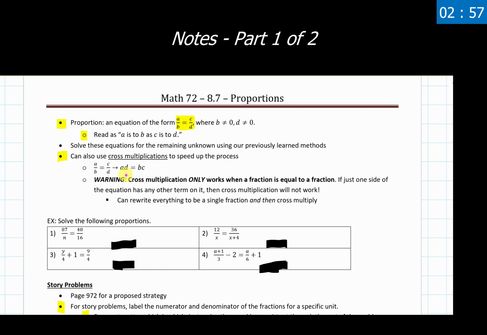So our result is two things multiplying together on either side of the equation. They are equal to one another, and the great part, more than anything else, is that the fractions are gone, and we can solve this resulting equation using all of our previously learned methods.